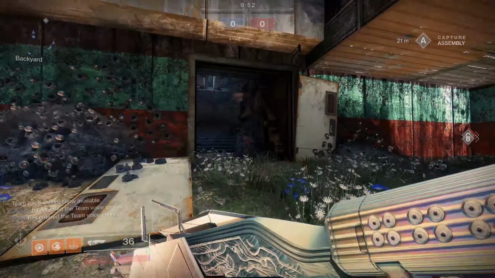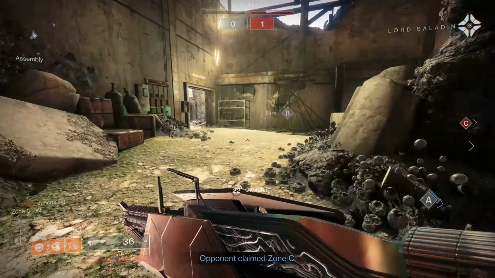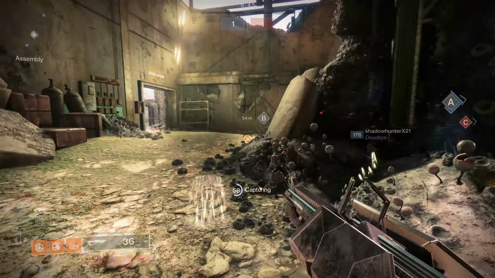In this TWAB, we're going to talk about a free emblem available to every player. In addition to that, we're going to go over some weapon and perk changes that are coming with the 30th